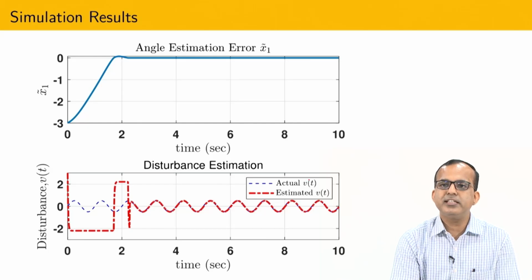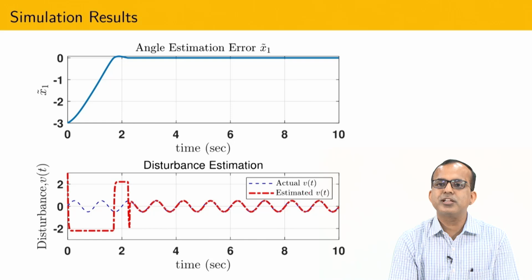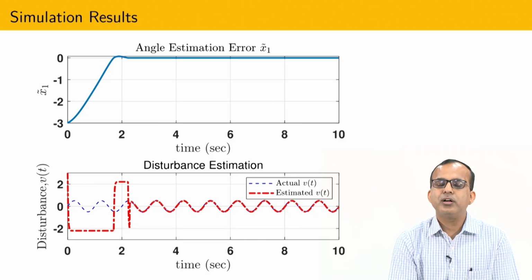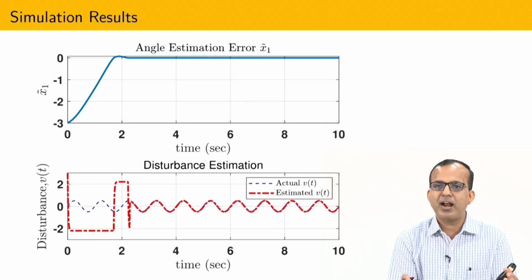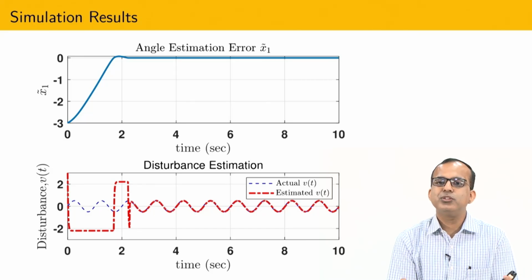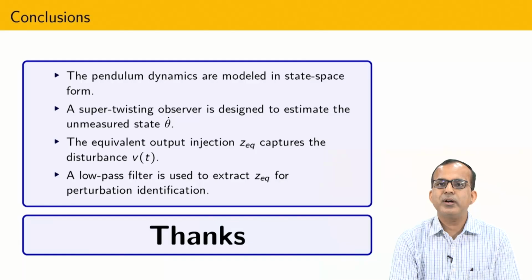So you can easily estimate the disturbance. Okay, in several places nowadays systems are running on a network, so disturbance estimation or fault estimation is a very active area of research. There you can run one extra loop inside the computer along with your plant, and whenever an attack comes, using the super twisting algorithm, if you have a second order system, you can easily estimate it. Similarly for higher order, you have the choice of the arbitrary order differentiator that I am going to discuss in the next class.